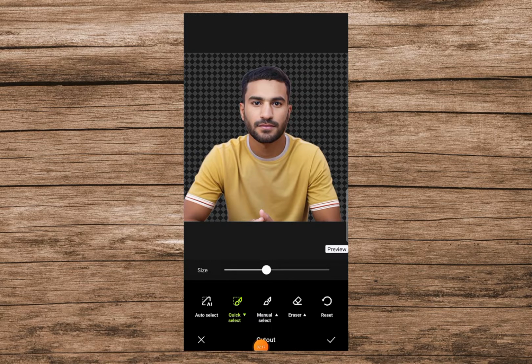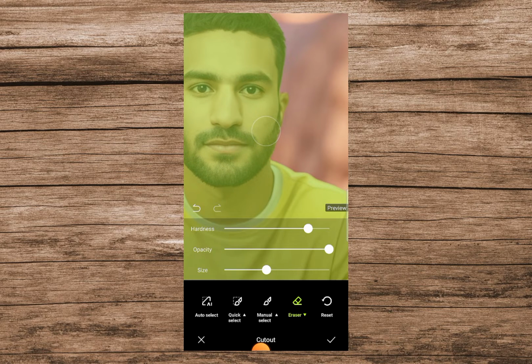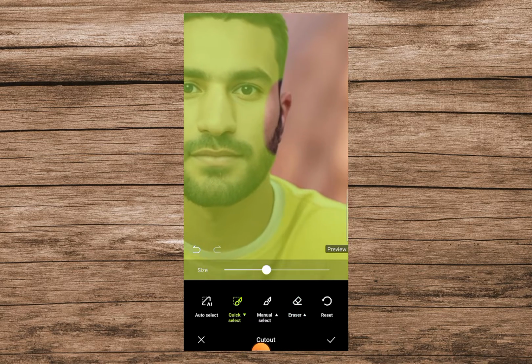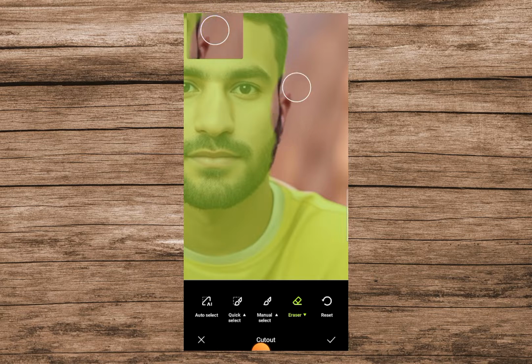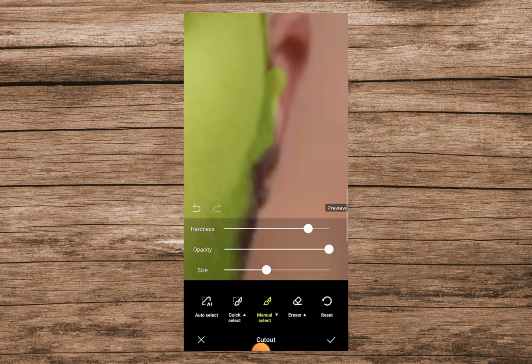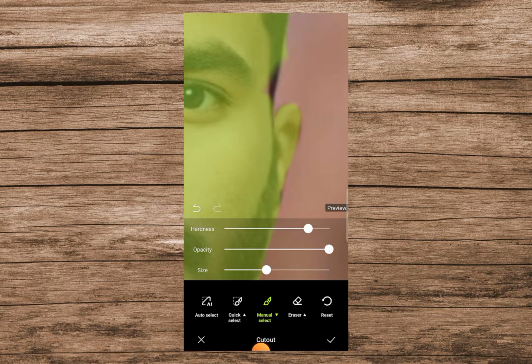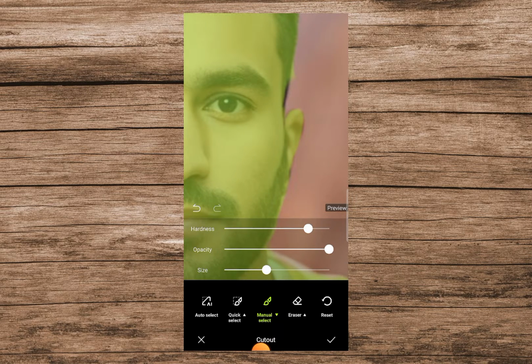If your photo is not cut properly, then you can manually select the colors. For example, if the automatic selection is like that, you can use the quick select tool like this, or you can select manually. Now I will erase it again and I will select these sides manually, right? So you can add the color which you want to remove, and you can also use this quick selection tool, but I will erase by this manual selection.